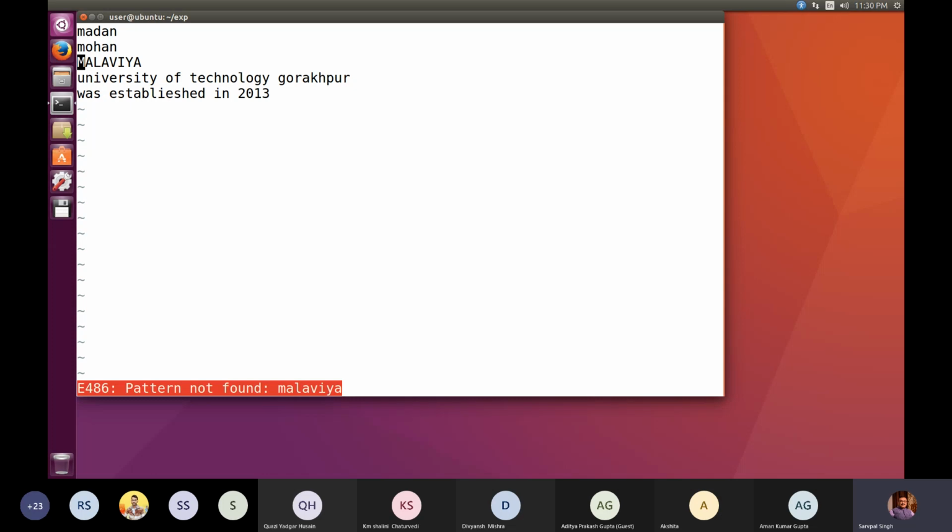जो pattern searching है, that you can do with the help of this slash also, that you can do with the help of this question mark also. तो अगर आपके पास एक बहुत बड़ी फाइल है and you are interested to search only the occurrence of word university, ठीक है, so that you can do by just using this question mark and the pattern which you wish to search. So what will happen, it will start from the beginning and जहाँ यहाँ पे वो word होगा तो वहाँ पहले रुकेगा, and if you wish to proceed further you have to simply press small n to move forward, मतलब next next next, और capital N to move backward.